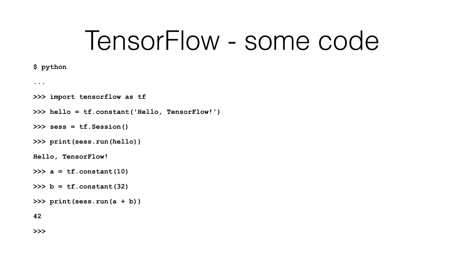And essentially what you do is you define a node, in this case just a constant. We build a session and we pass our node into the session, telling it to run across that node. And the session is going to evaluate all of the nodes we've put in, pass the data between them, and we get output. In this case, hello TensorFlow. A slightly more complicated example, here we're defining two nodes, again, both constants. We're adding them together, passing them into the session, and when the session runs across them, we get 42 as the output.